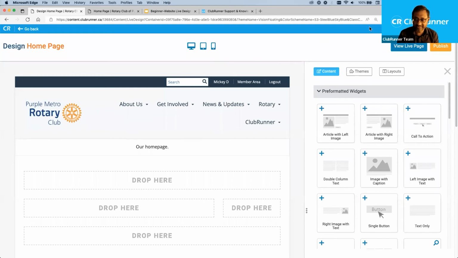Okay, so let's talk about this. There are three gray main buttons up at the top: content, themes, and layouts. The content section, you're seeing it right now. The content is essentially widgets. Now let's dig into that term a little bit. What is a widget? A widget is a little grouping of website data